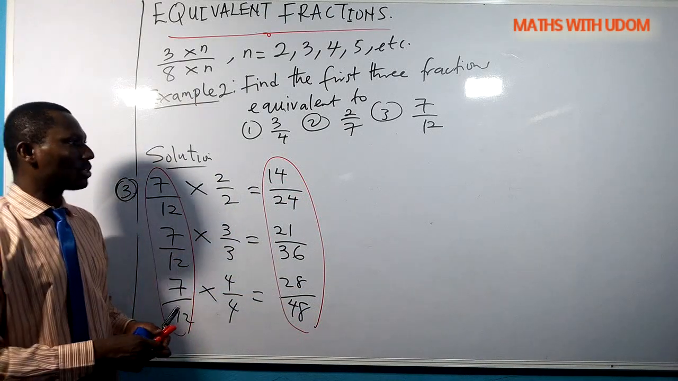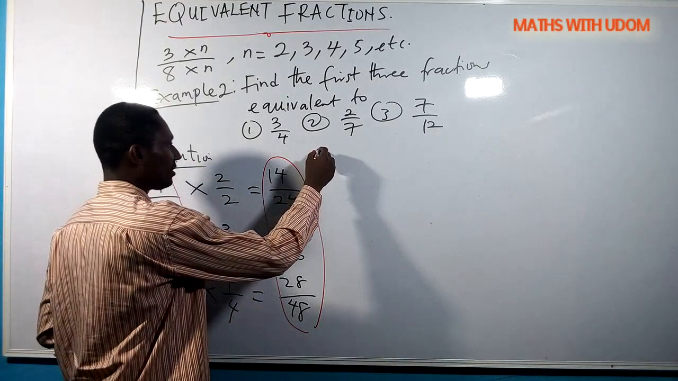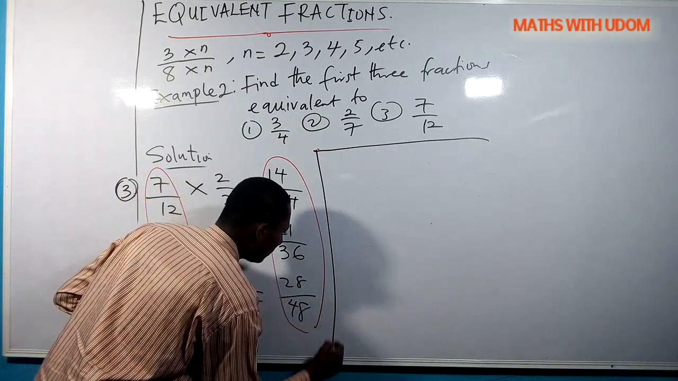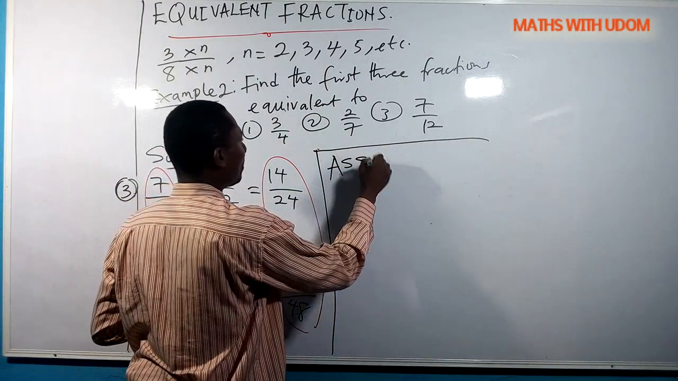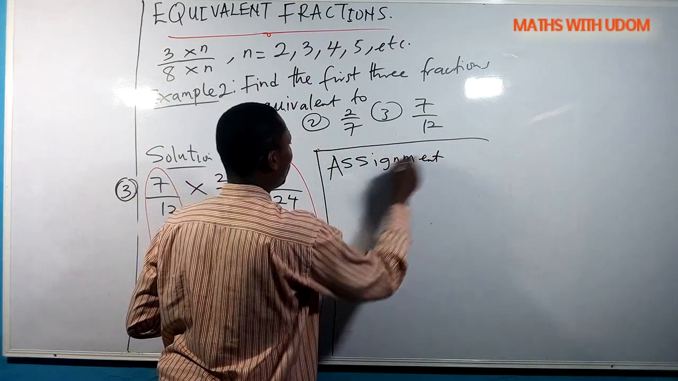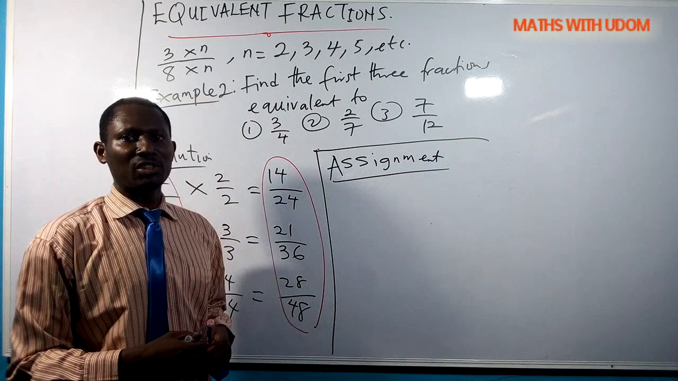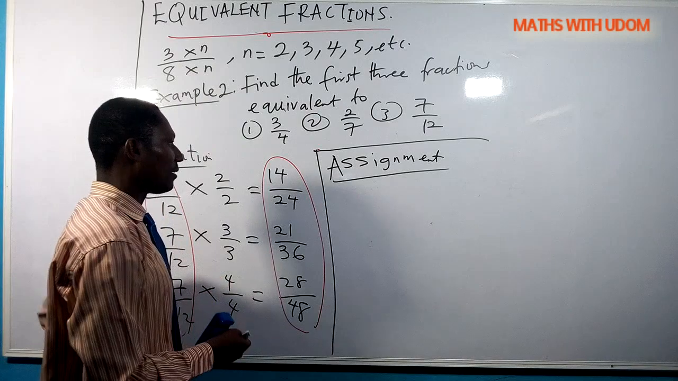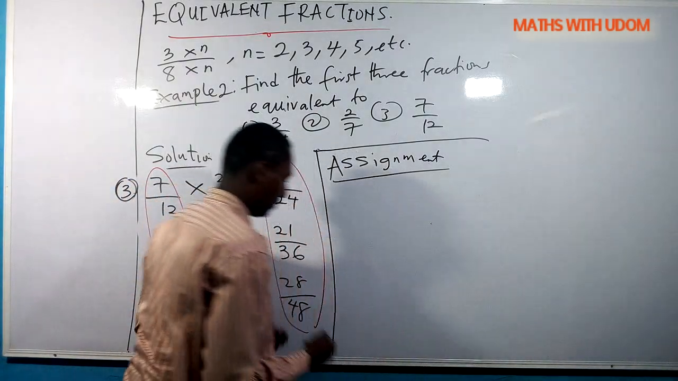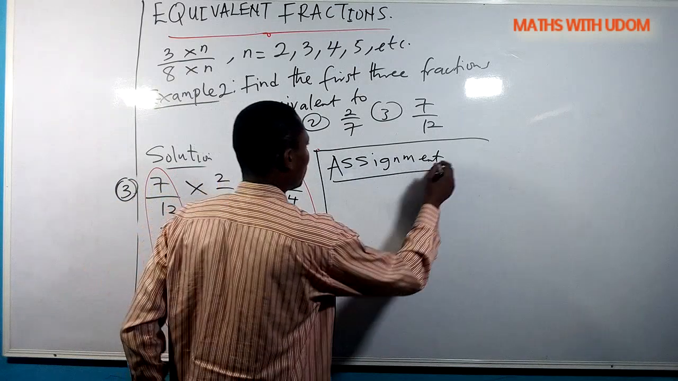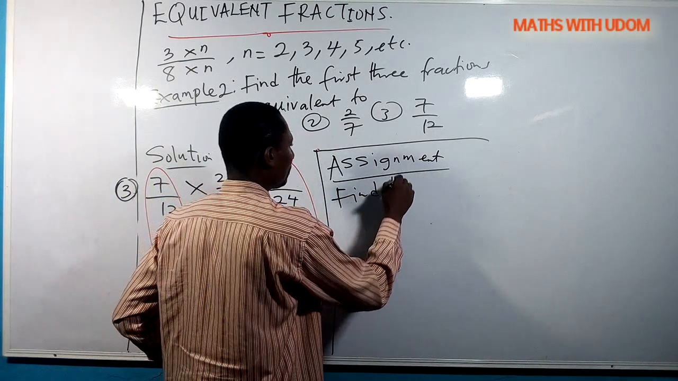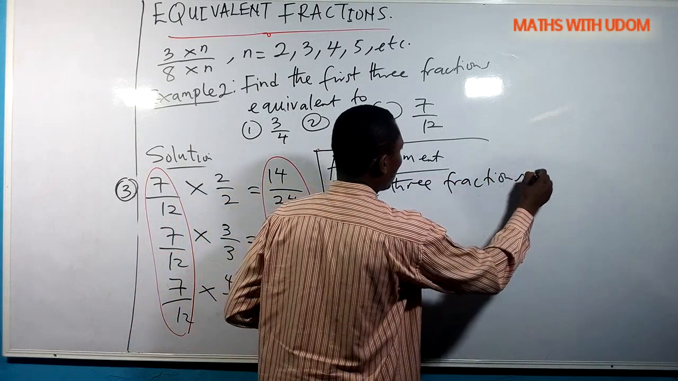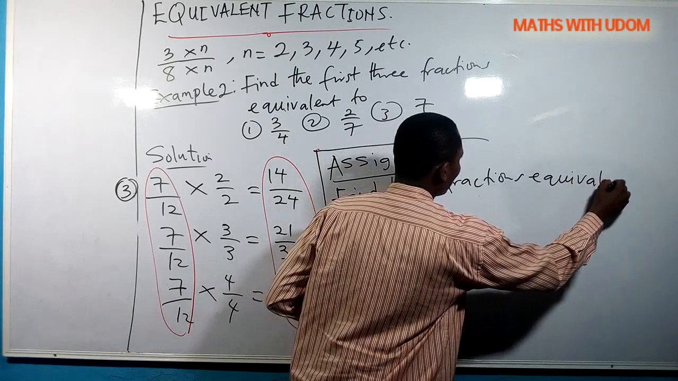So quickly, I want to give you assignments. Your assignment is that you find the first three fractions that are equivalent to the following fractions I'm going to give you right now. Okay? Find three fractions equivalent to